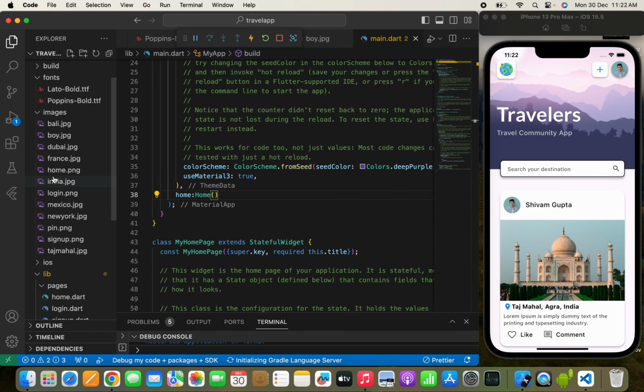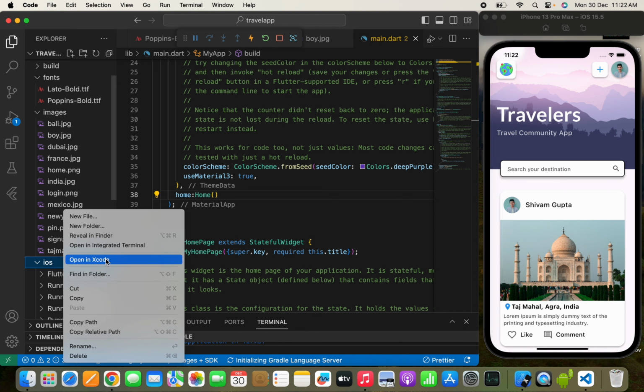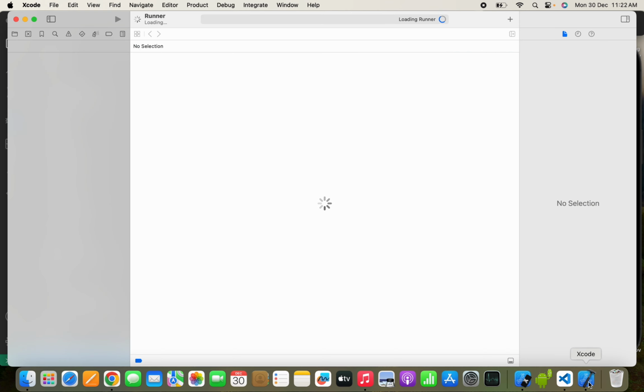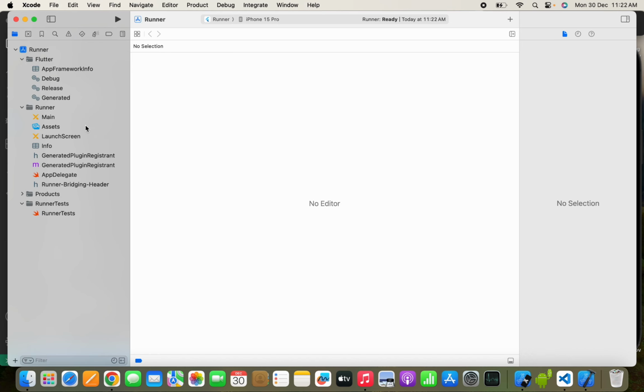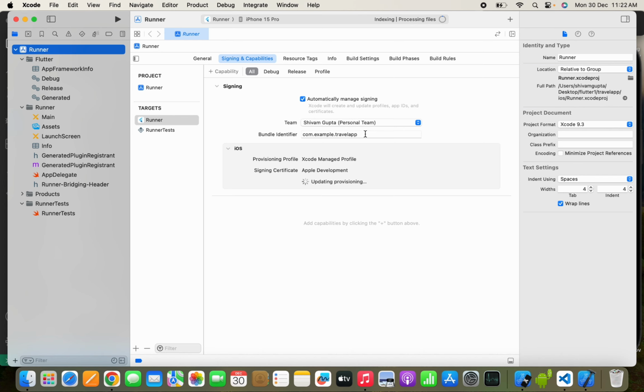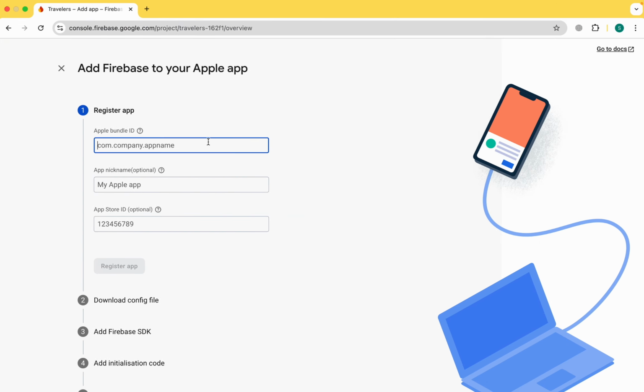ID. So for the Apple bundle ID, let's move to Xcode first. We'll simply open Xcode from here, and here we'll move to the Runner, Signing and Capabilities, and we'll need to copy our bundle identifier from here, and we'll simply paste it in Firebase. So here it is, and we'll paste it over here. Now click on register app,